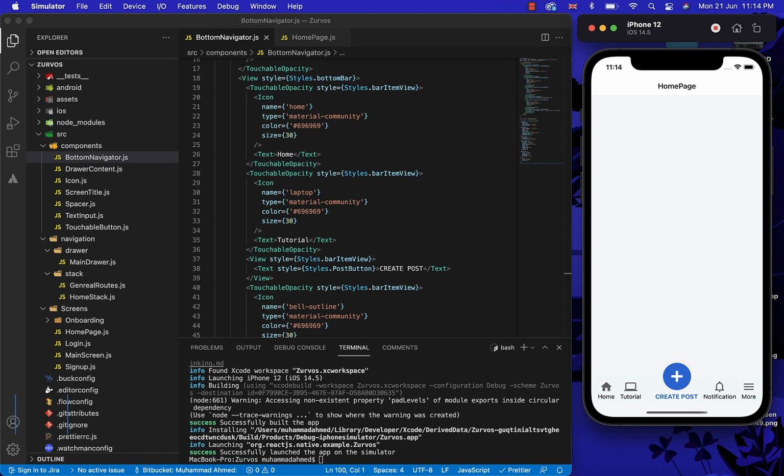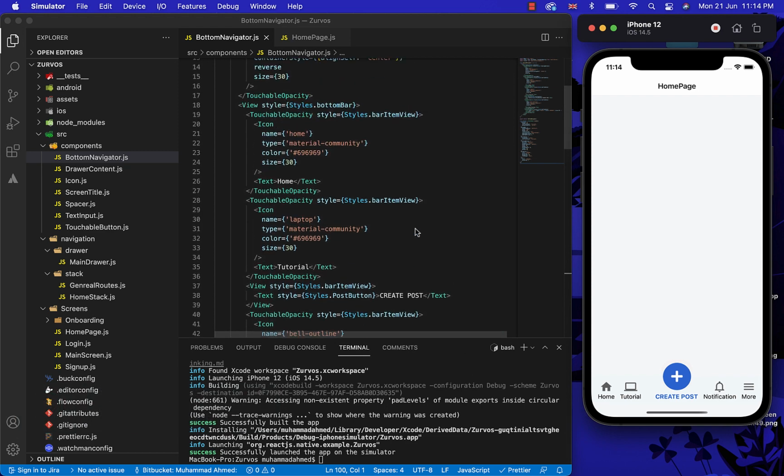So now let's just move on to the homepage screen stack for adding some options to the homepage header.